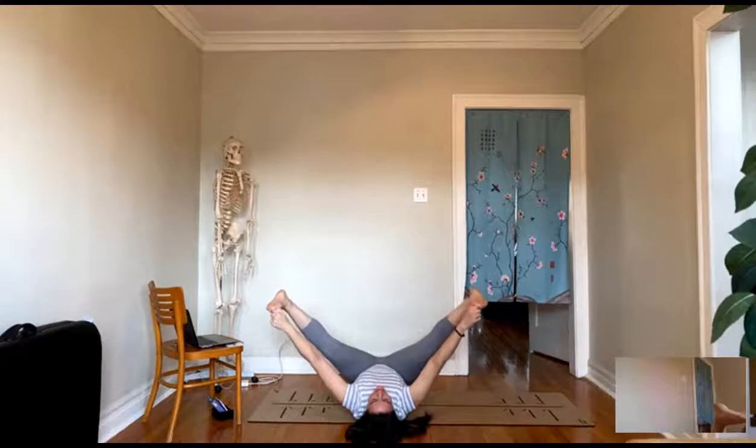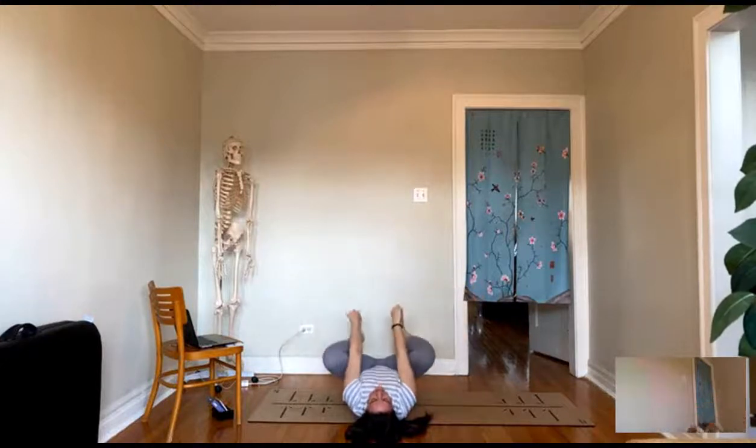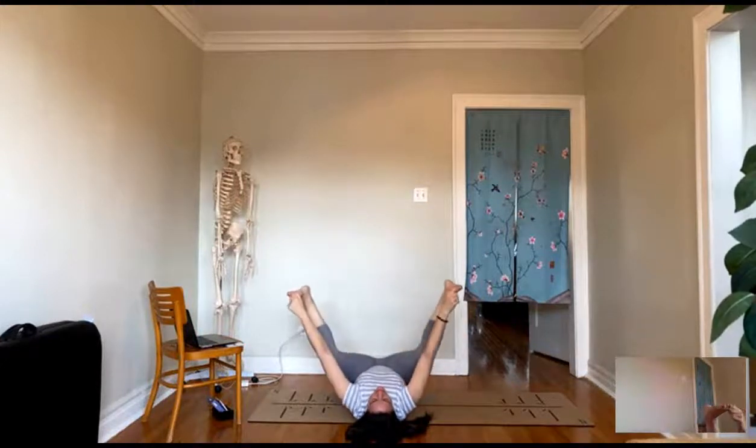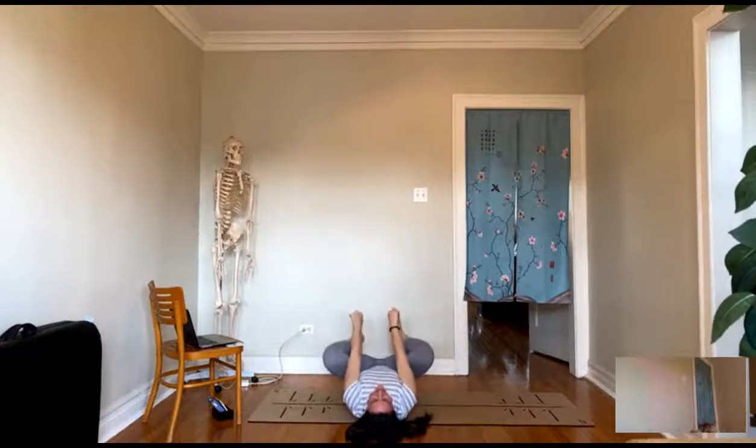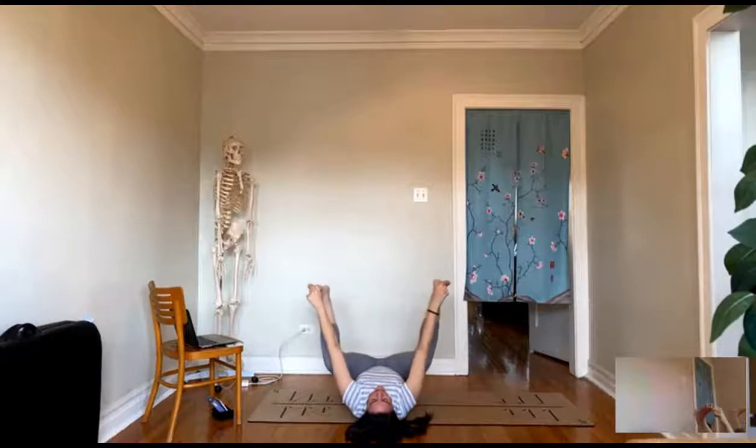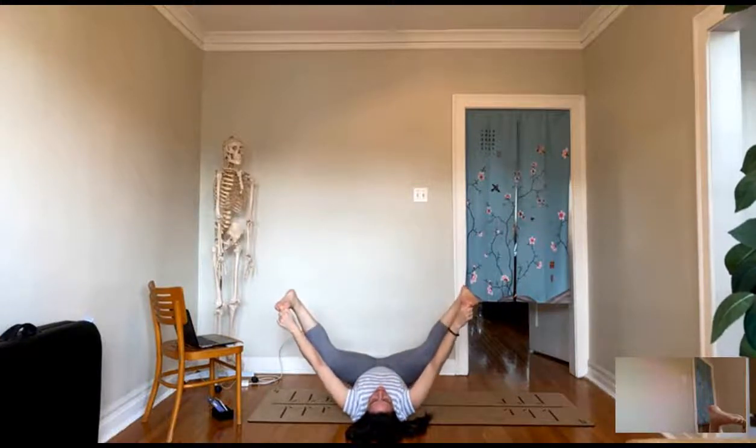So I would use resistance stretching to build up my strength and flexibility. Now from this position, my back is already straight, so I'm kind of in a good place. And then you can also stretch your fascia, which is really fun. So from here, to stretch my fascia, I would go into a place where my knees are bent, but I'm